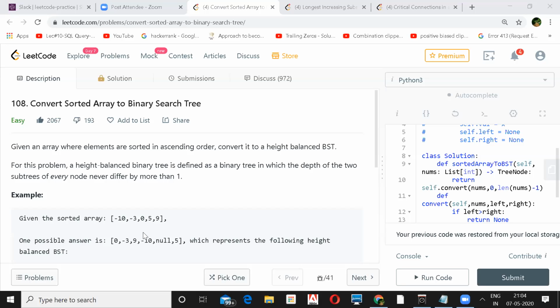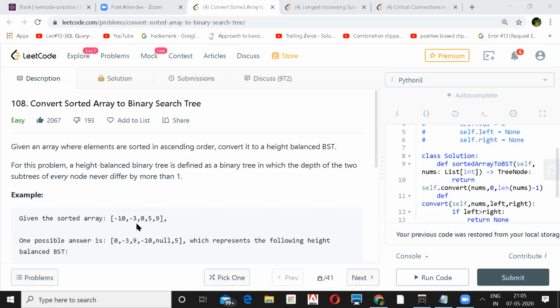Exactly. But regarding what you are saying, the property of BST, the maximum from the left should be less than the root, right? Yes, that should be lesser than the root, and the right subtree node key should be greater than the root.